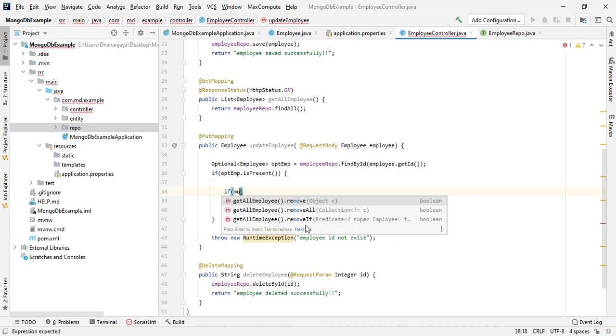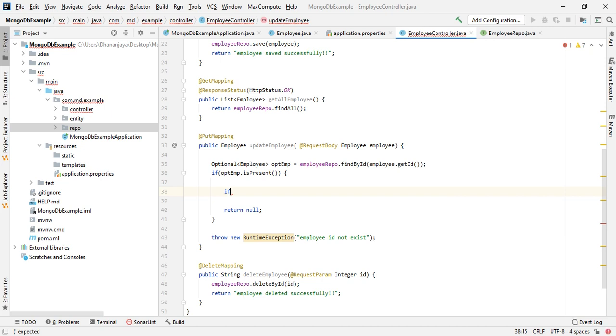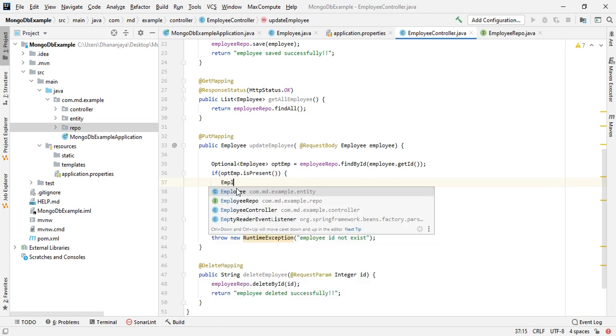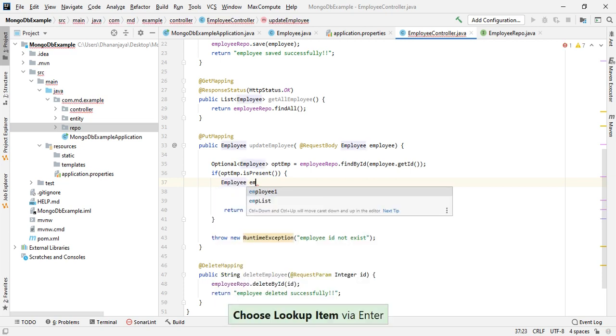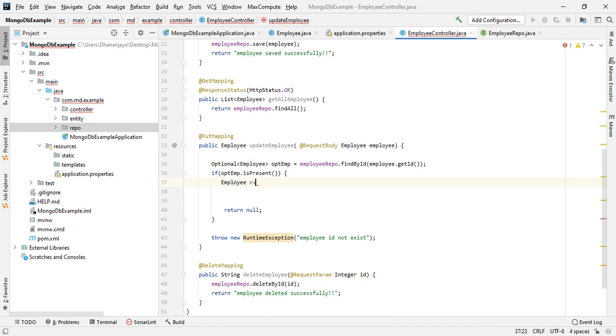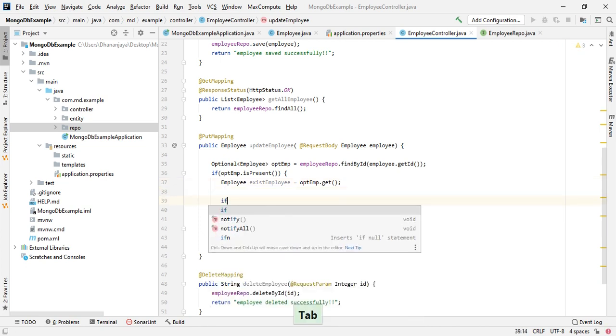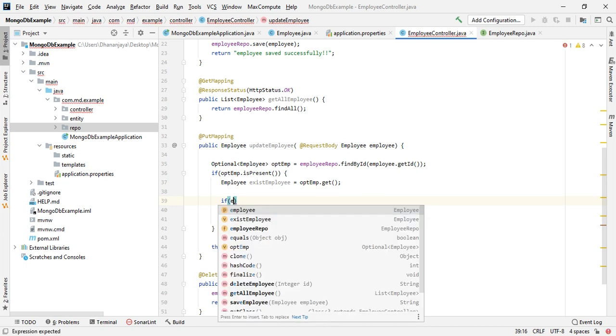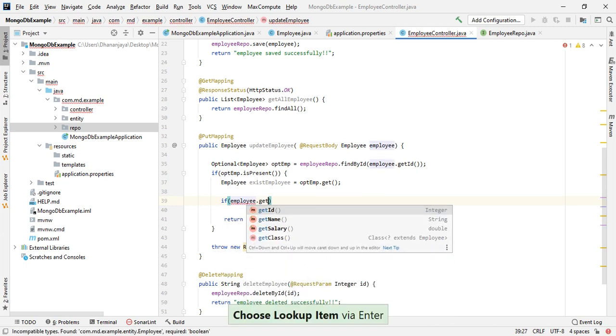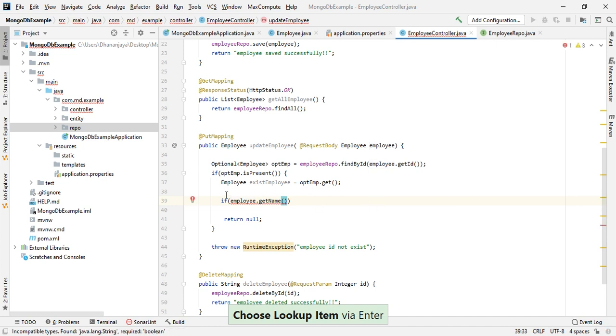Let's say first get the existing employee from the database. Existing employee is equal to optionalEmployee.get(), we'll get the existing employee. Then we'll check if whatever input we are getting, dot getName, is not equal to null.